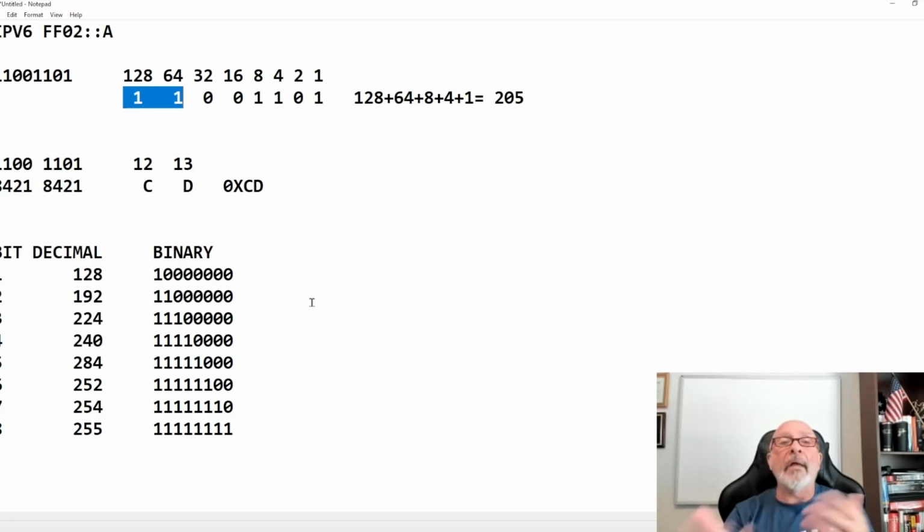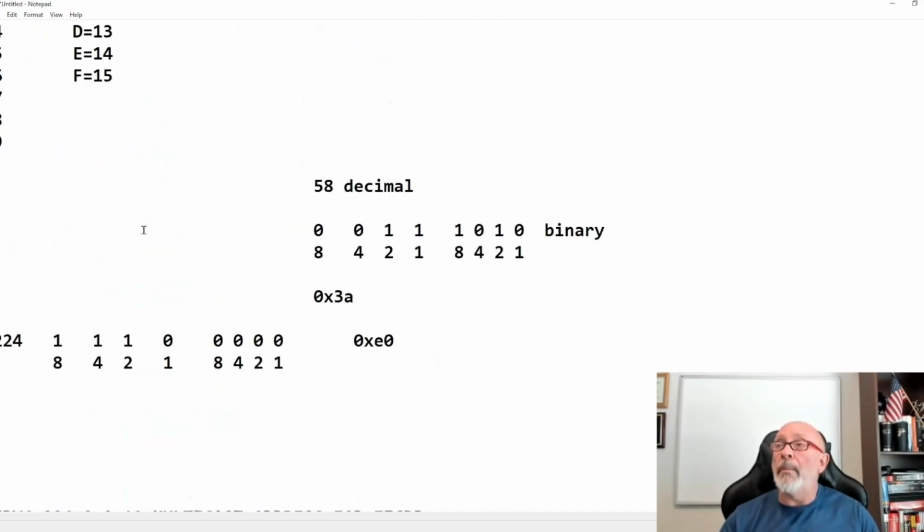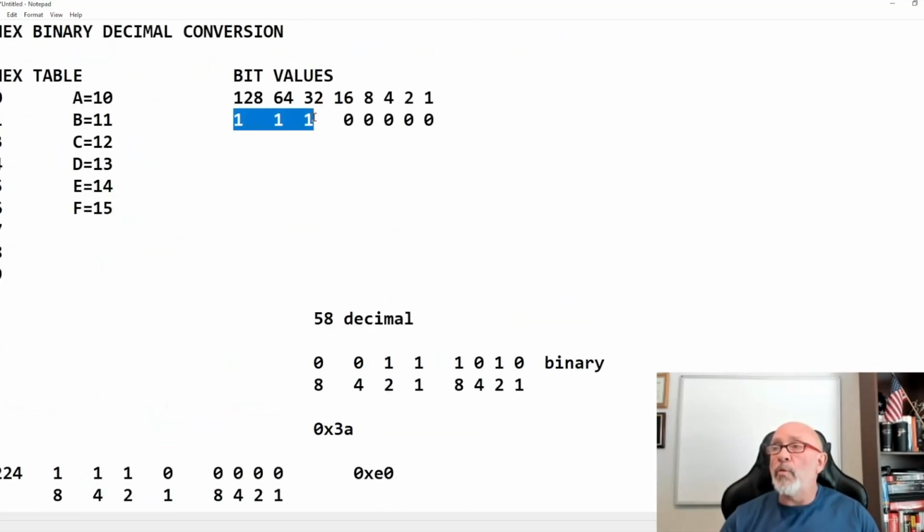Or they gave you a binary or a decimal and you had to turn it into hex. That used to be the case quite a bit way back in my day. They're bringing that back because of IPv6. That's how you need to understand IPv6. That's why you can get 340 undecillion addresses. All right. So that's how I know that this is 192. This is how I knew up here that 3 bits is 224. There's your 224.